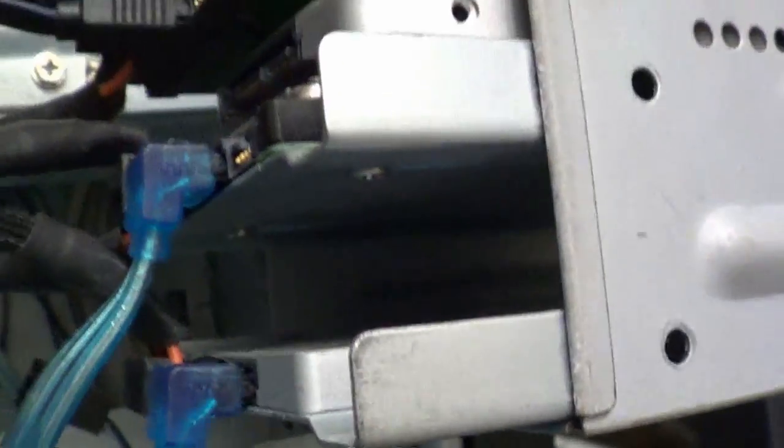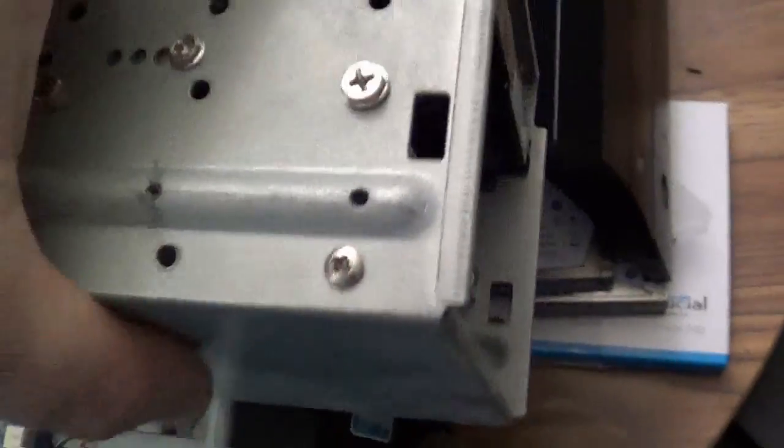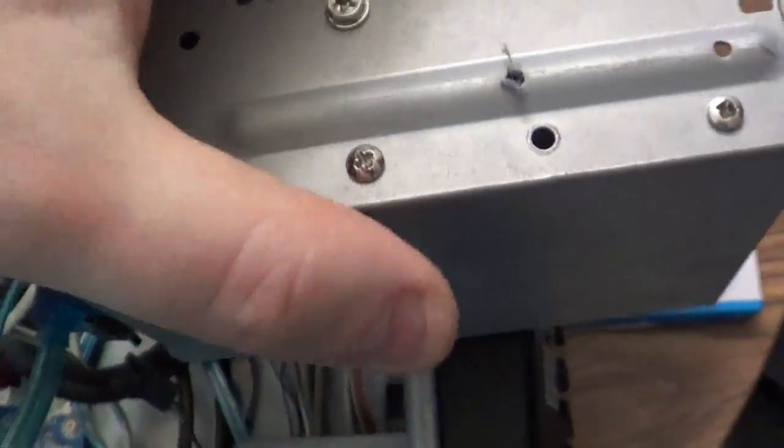Another hack job SSD hookup. Look at that, it's at an angle. I'll be able to get some cables in there. So again, screw on one side, bolt on the other, just to keep it inside the holder. This isn't going to be more than a couple months to a year anyways, and the computer doesn't get moved